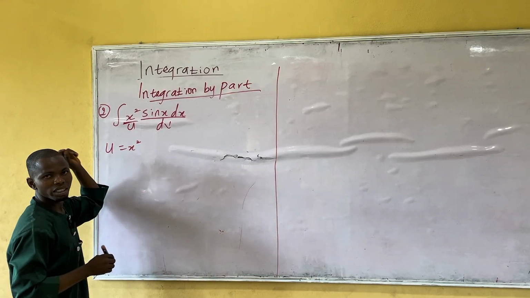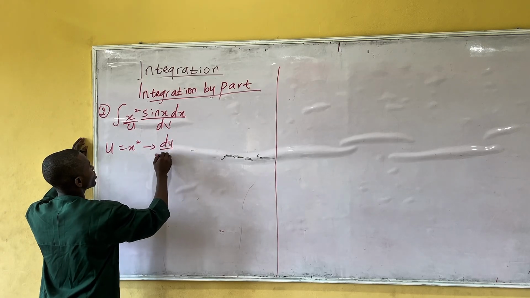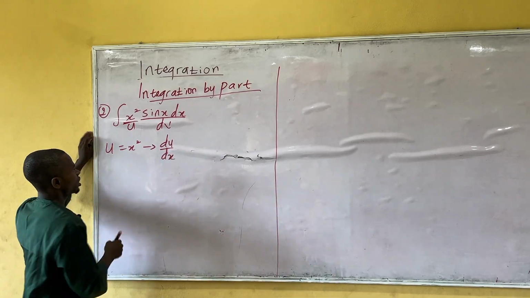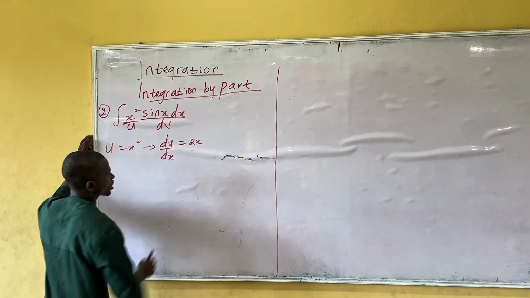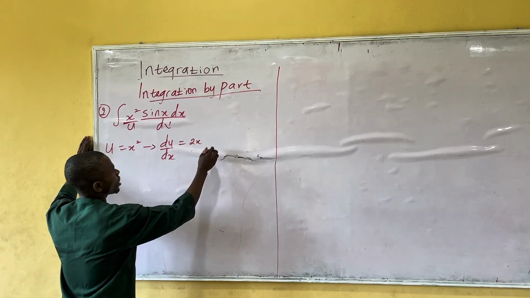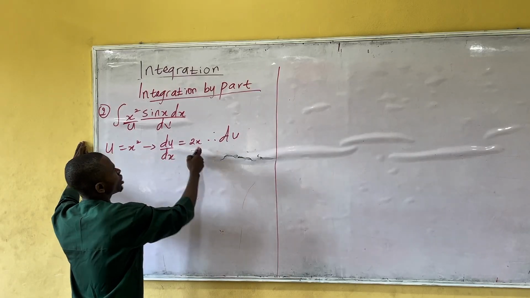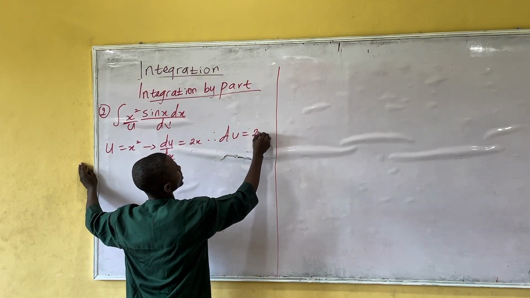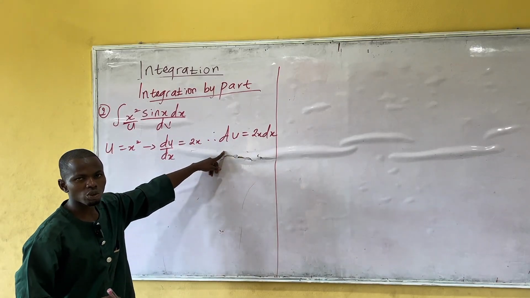from u I can generate my du over dx, because I will need du in the formula. If I differentiate u with respect to x, it will give me 2x. If I now cross multiply, du dx times 2x will give me 2x. It means wherever I see du, I will represent my du as